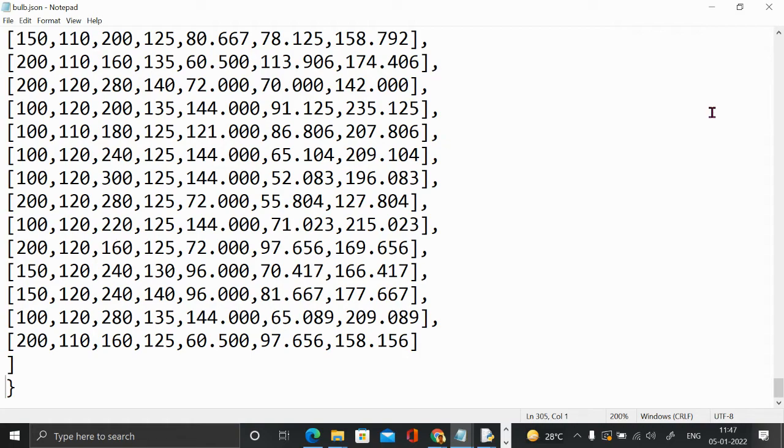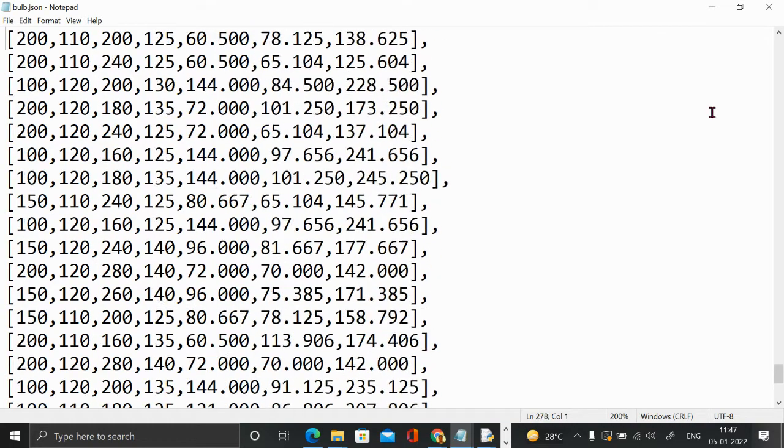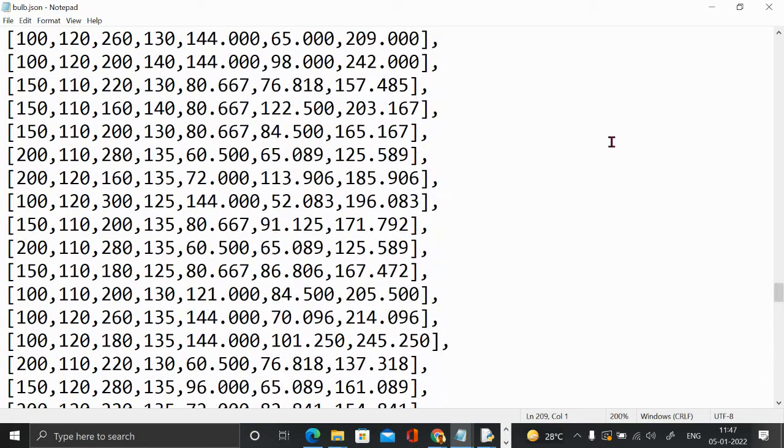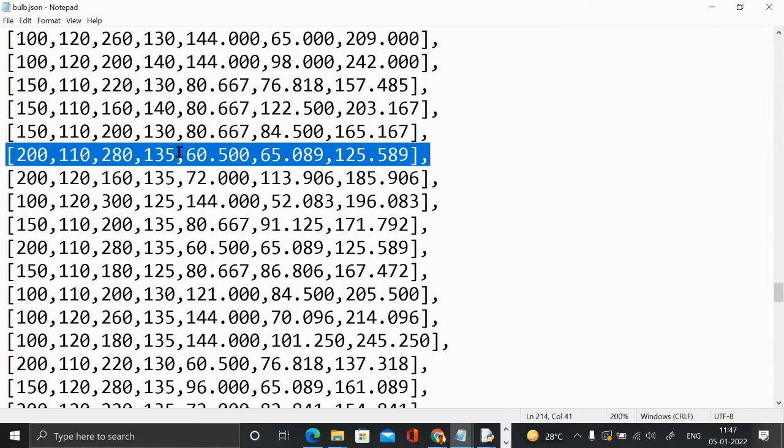So what I have done is actually for that other question. Let me explain like this. If bulb B1 has power of 200 and voltage of 110, and bulb B2 has power of 280 and voltage of 135, then the resistance of the first bulb will be 60.5, the resistance of the second bulb will be this one, and the total resistance will be this one. This is our final answer. So I have all the parameters with me. I have the input parameters and I also have the output parameters. So how did I get this?